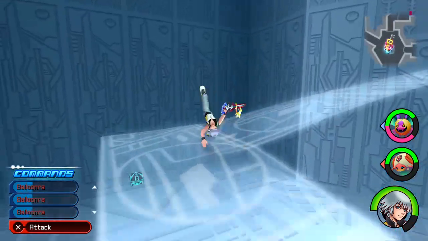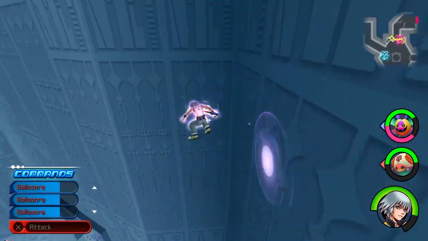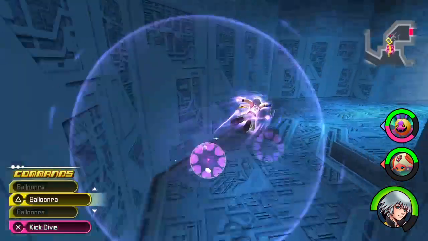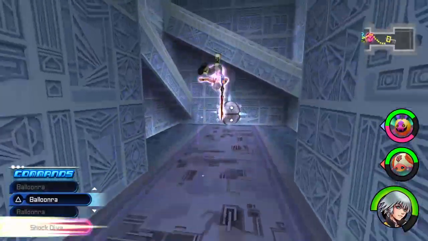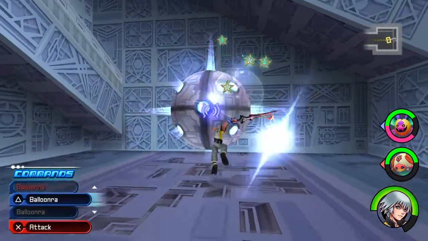I like to dodge roll over here. Double flight before I start doing wall kicks. Do a couple of jumps, land back on the platform here, and then do a double flight. I was trying to clip myself up through the platform, but that still worked. More of the same